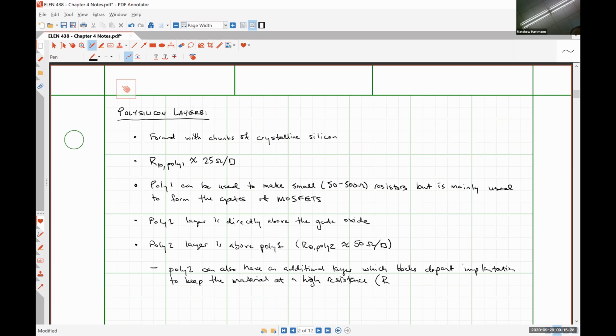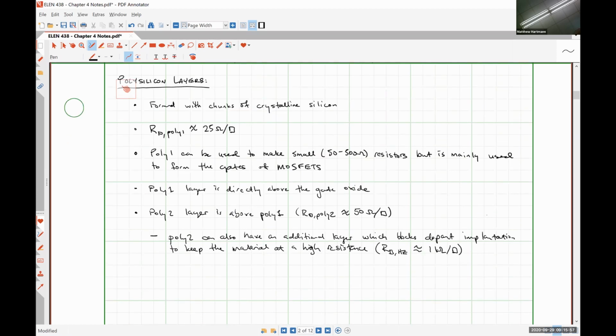Roughly, and we're going to call this HZ, high impedance really, but it's DC resistance, at approximately 1 kilo ohm per square. This is, I don't want to say the best way to make large value resistors, but it's definitely a good way to make large value resistors. And the reason for this is, if we notice the sheet resistance of the high res poly layer, let me just put in here, high res poly, because that's what it's called usually,